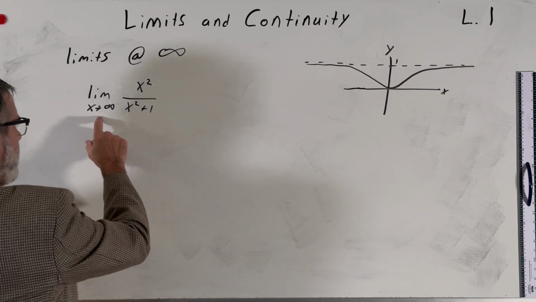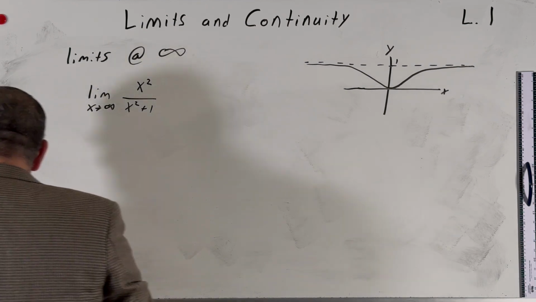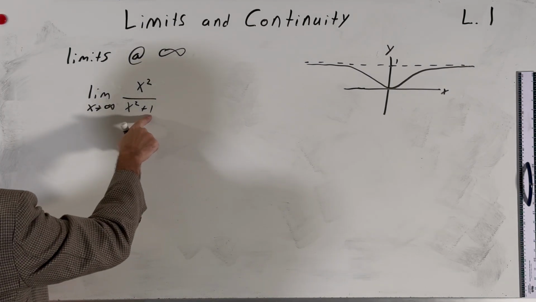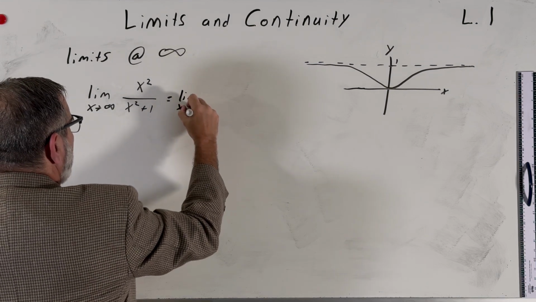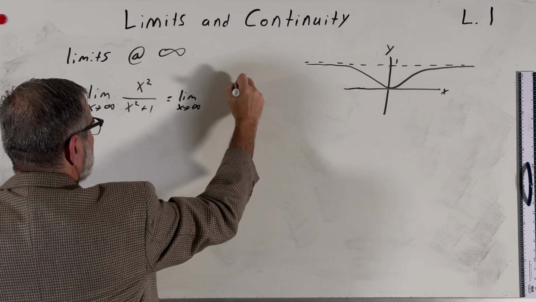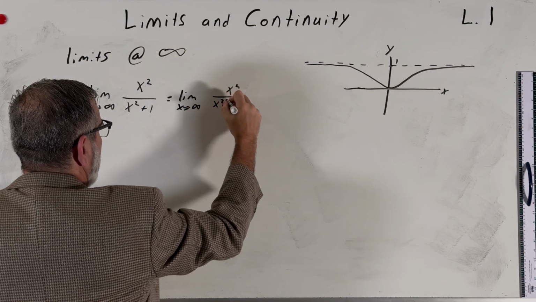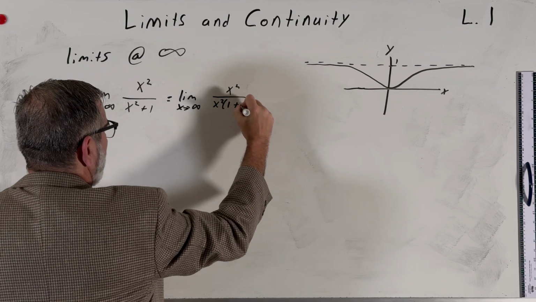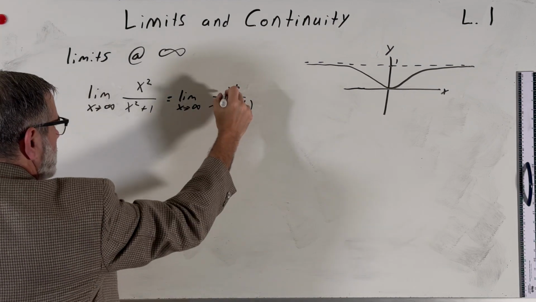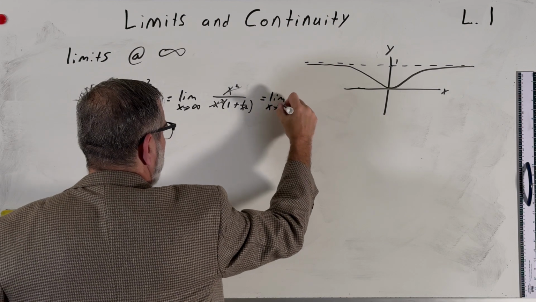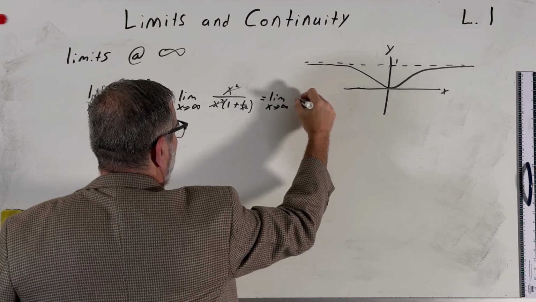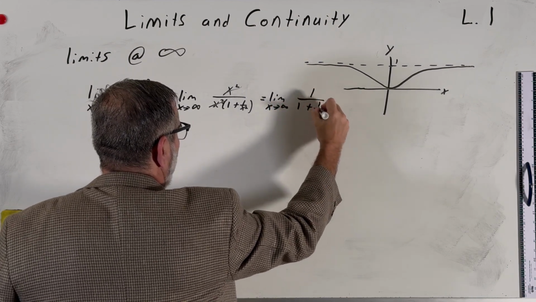So how do we get this limit, though, at infinity? Well, I could, for example, factor out an x squared out of this denominator term. So let me just write that down. It'll be x squared divided by x squared times 1 plus 1 over x squared, yes? These x squareds cancel. That's the limit as x approaches infinity of 1 over 1 plus 1 over x squared,